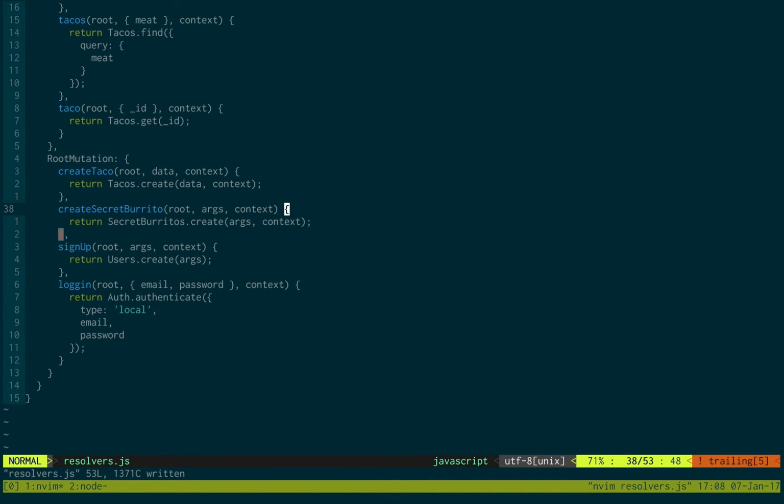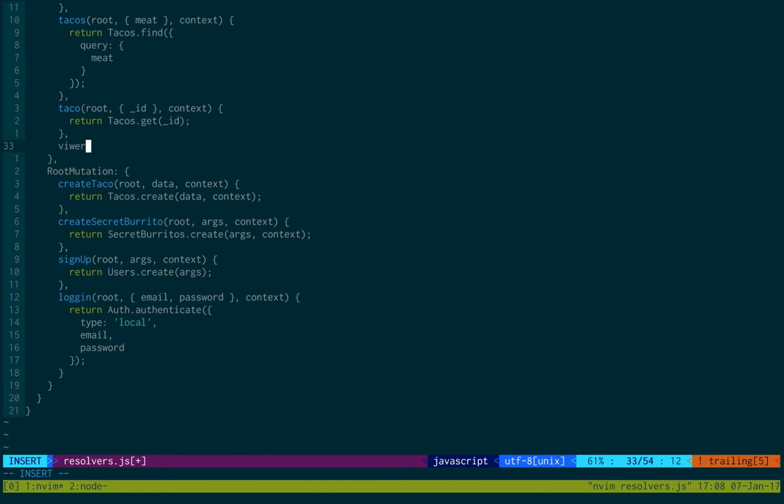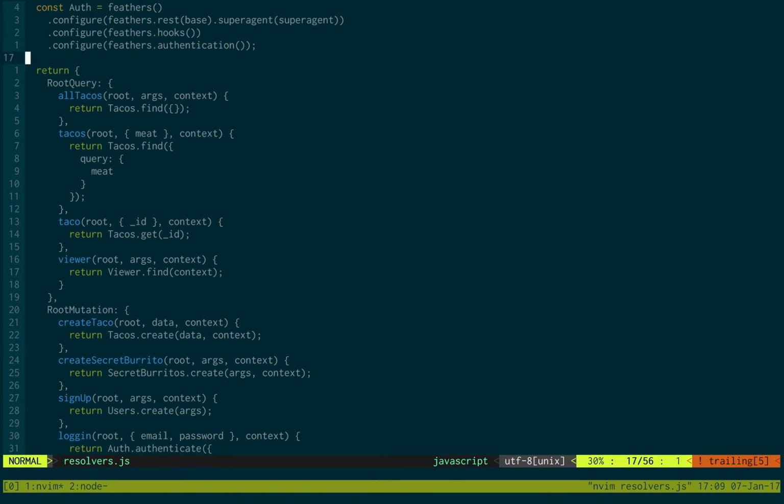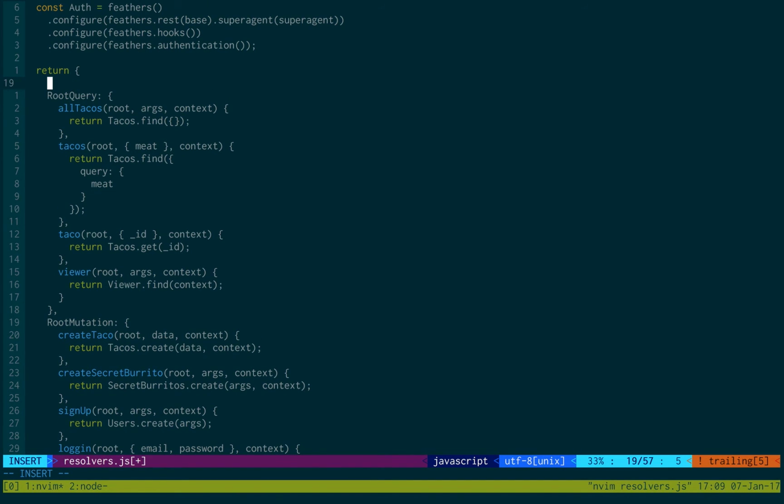The next thing is just the viewer. So we're just going to create a new query called viewer, and we're going to take root args context, and all we're going to do is call our viewer.find, and remember what this function does. All it does, and we need to pass in context, it takes this token right here that we pass in the context, and it gets the user object. Now once we get the user object, we also want to get the tacos that they have. And so to do that, we need to come up here to the outer layer of the object and create a user